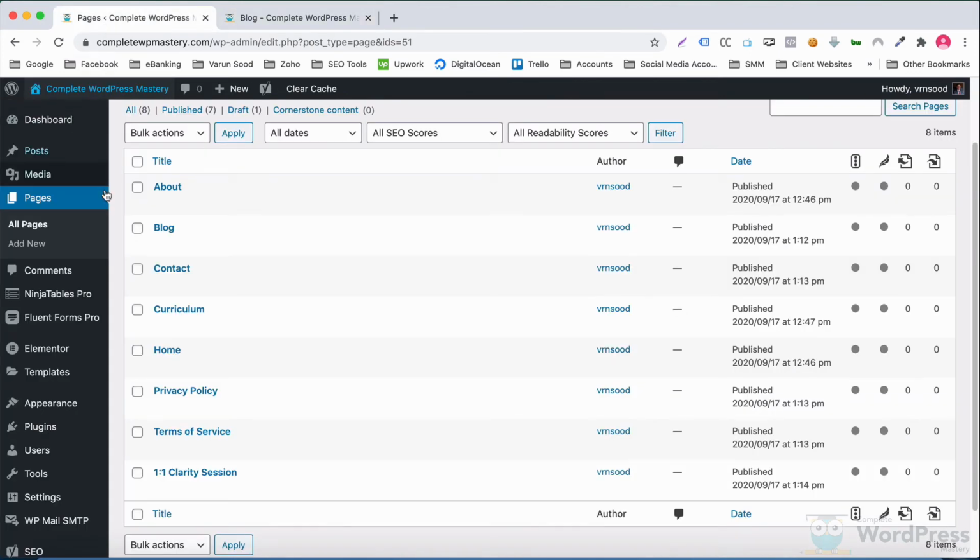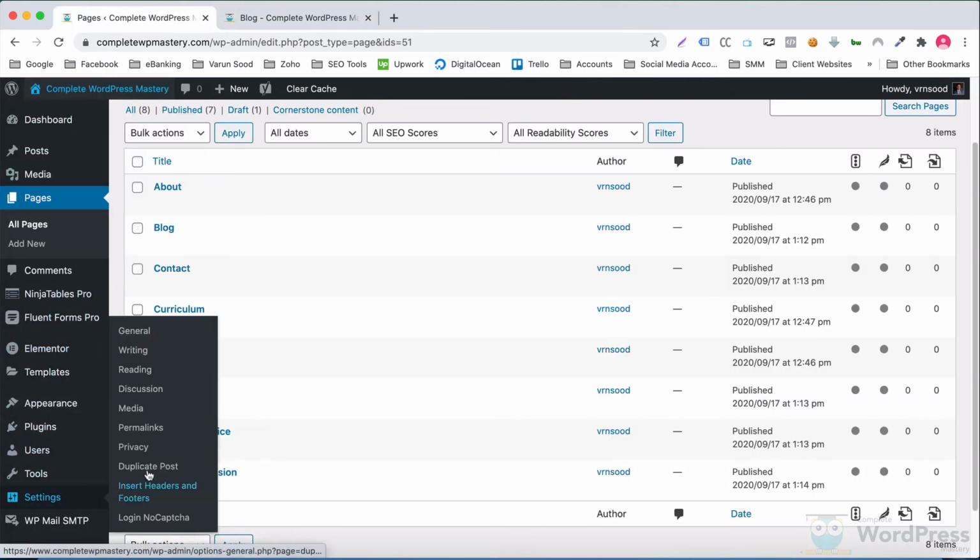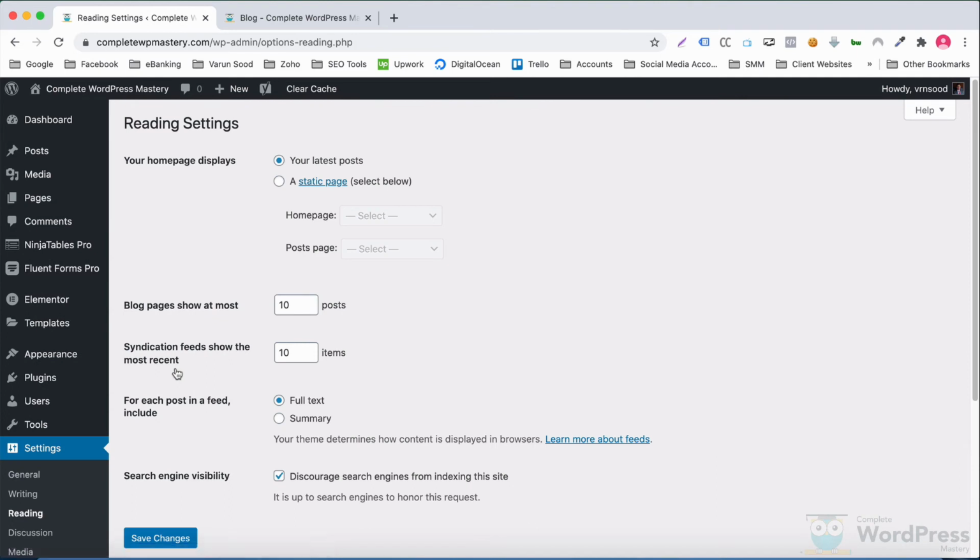Let me explain what I mean by having a distinct status. If you go to reading settings, you will see this Your Homepage Displays option right at the top. As of now, our site is set in a way that the homepage will display our latest posts. But this is not what we want.